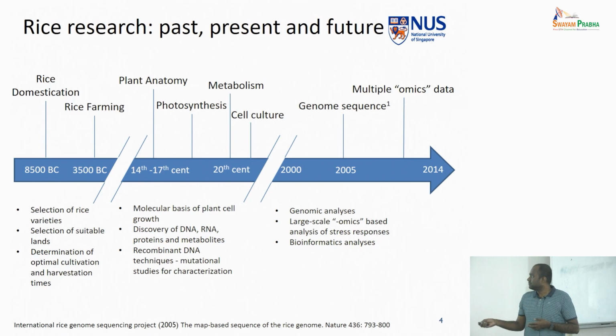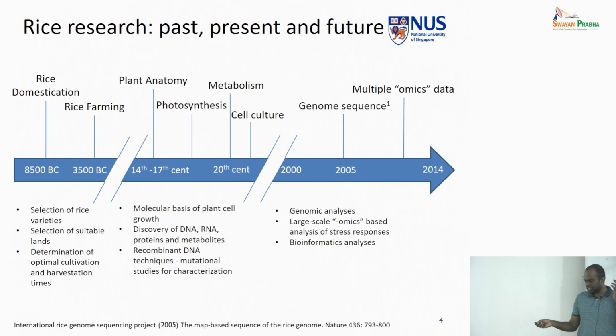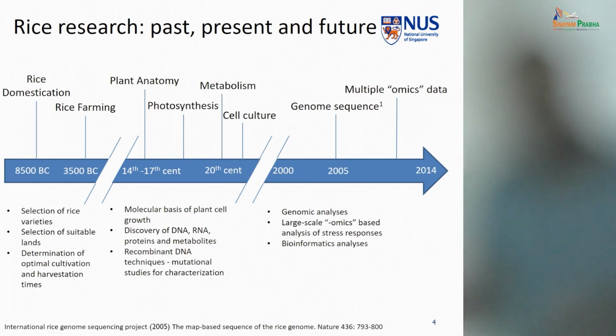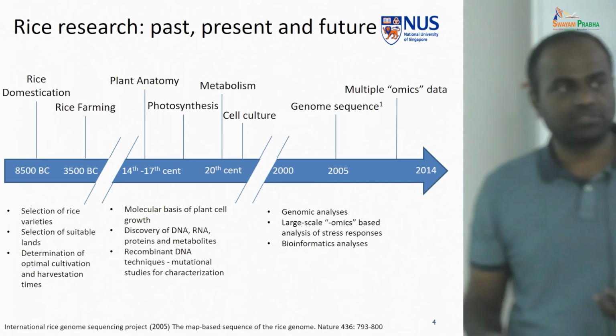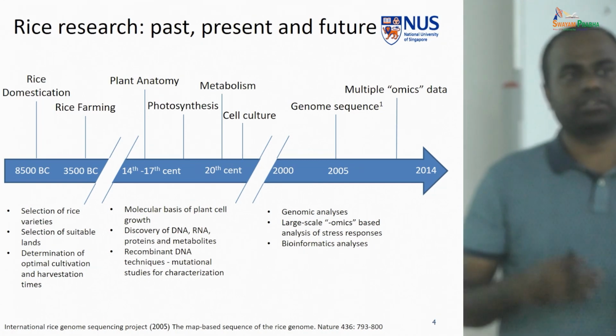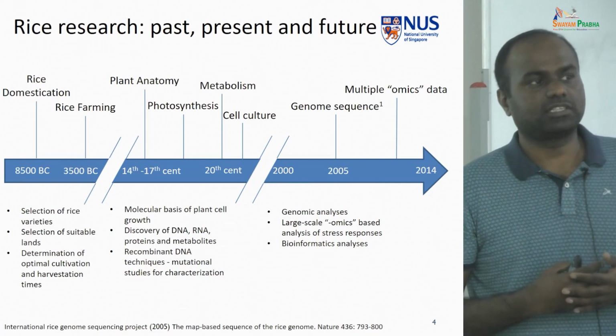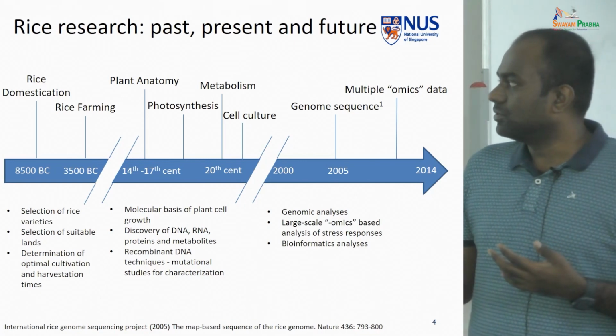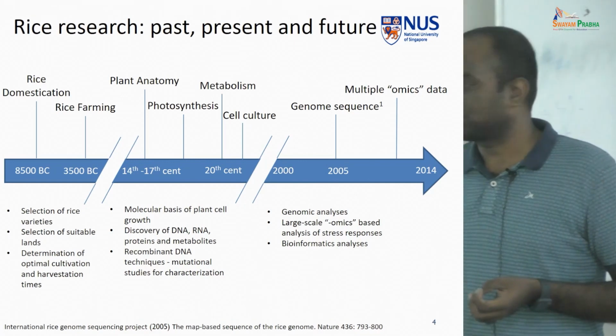And in the current era, post 2000, I would say, there is the ability to understand what's being encoded at the genome level, what the plant actually has as the hardwiring, if you can say. But not all the genes are always expressed, right? There could be a difference in what's expressed in a leaf or in a root, and how they are able to work in synchronization. Those can be realized by the use of large scale omics techniques.